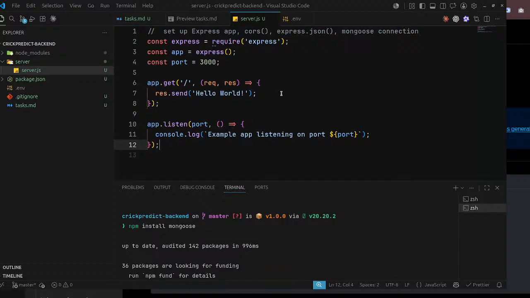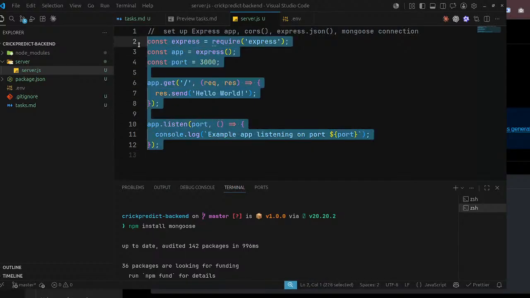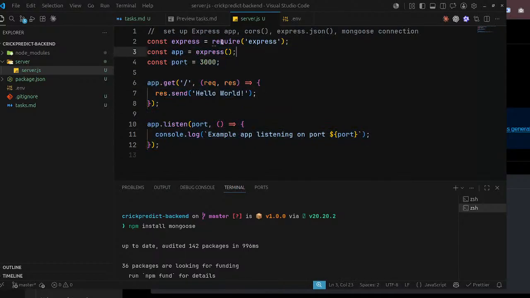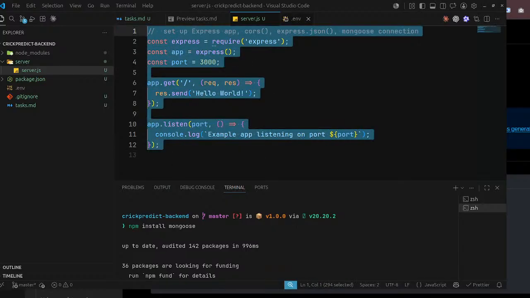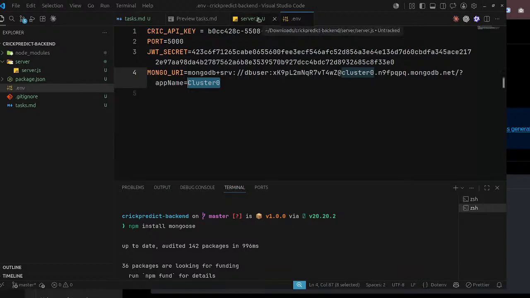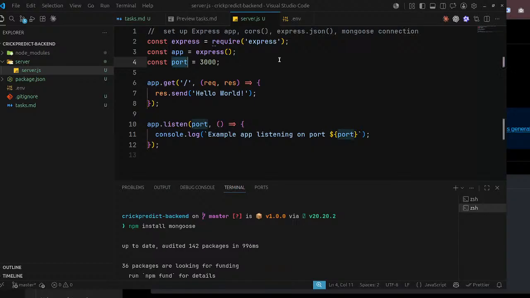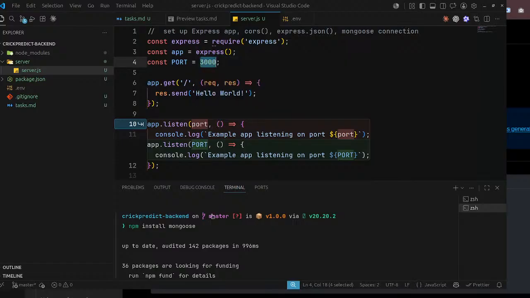I think you should not memorize these kinds of things because we can get them easily. But yeah, if you require express and you get an app, then you are packaging this express. You are using the export which we already mentioned in .env. And yeah, export. Yeah, that's all.